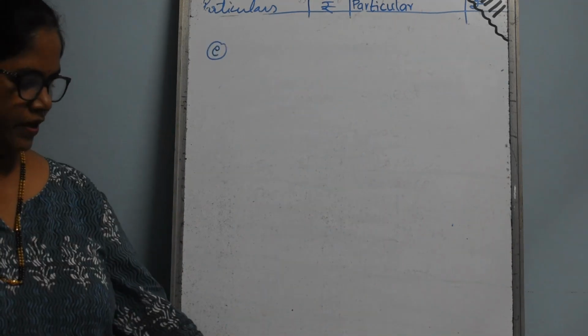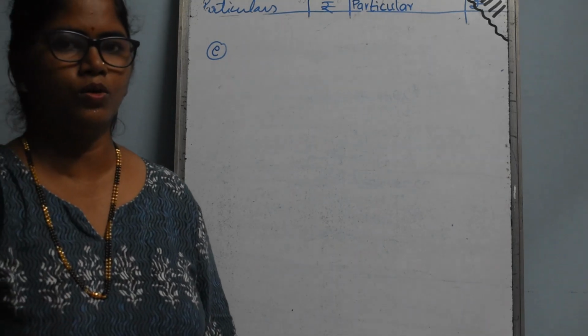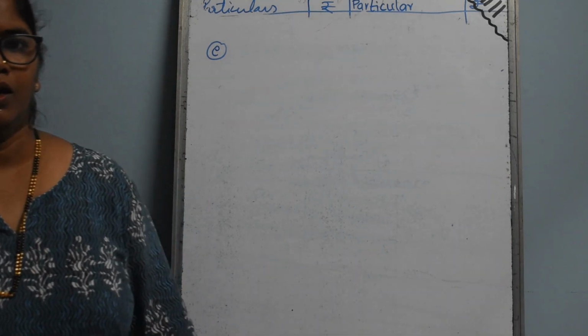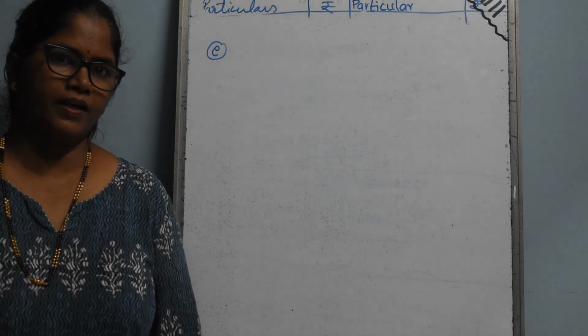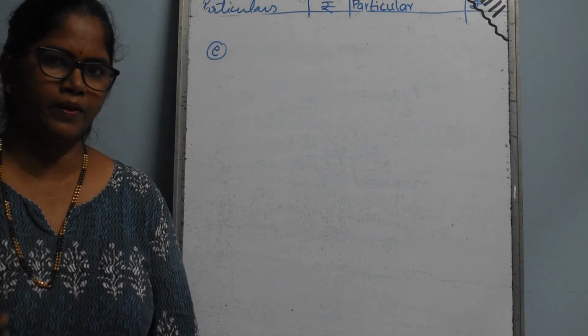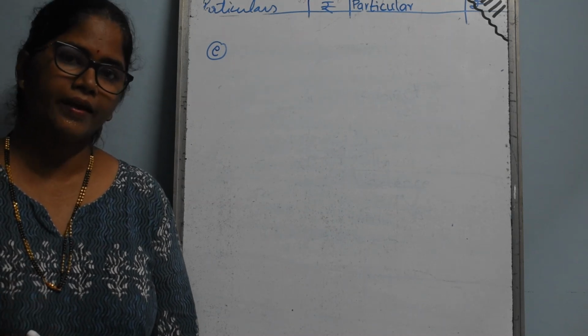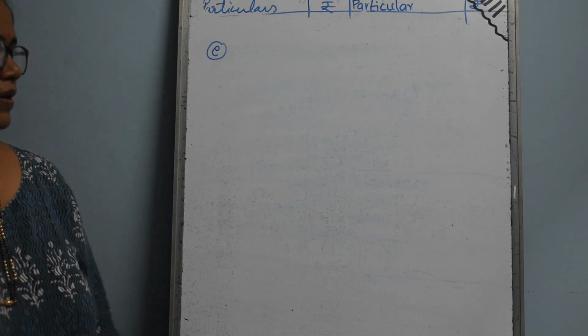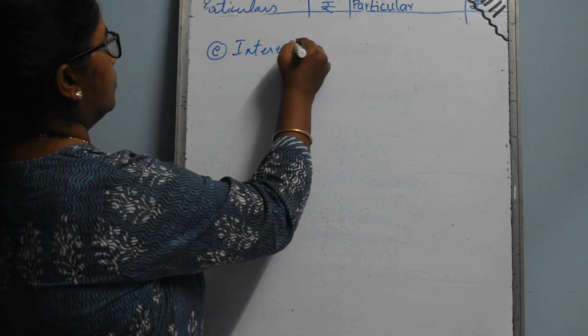Now the next point we are taking is interest on partner's loan. When any partner advances a loan to the partnership firm, it is a charge on the partnership firm. It is the same as taking a loan from an outsider, and we have to pay interest on the loan. So it is not an appropriation, it is a charge. It is a direct expense we have to pay to the partner. So interest